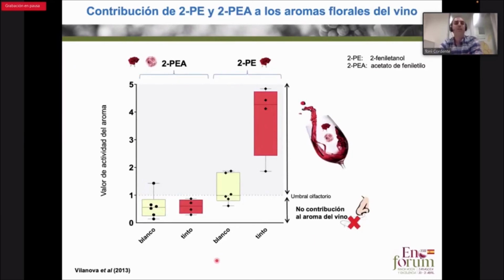What is the contribution of these compounds to the floral aroma? Here you can see the difference of the two compounds in two different varieties of wine, red and white. This shows a certain impact of these compounds on the aroma of the wine. The value of the activity of